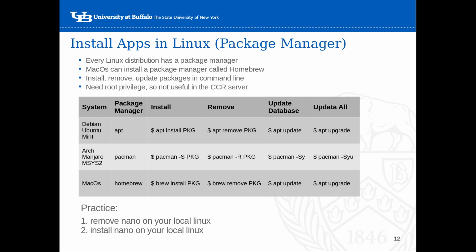The only difference is it's big S instead of big R. So you have the same thing, you change the